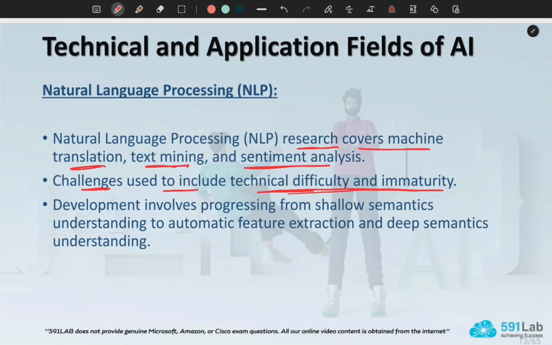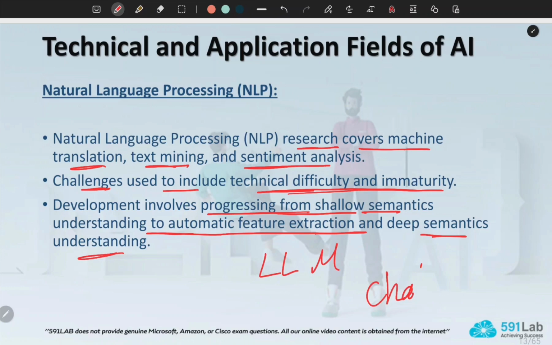It had a lot of difficulties and there were challenges to achieve deep understanding and the full ability to understand human language. In the past, the development was about progressing from shallow semantics to automatic feature extraction and deep semantic understanding. This has already been achieved by large language models, LLMs.